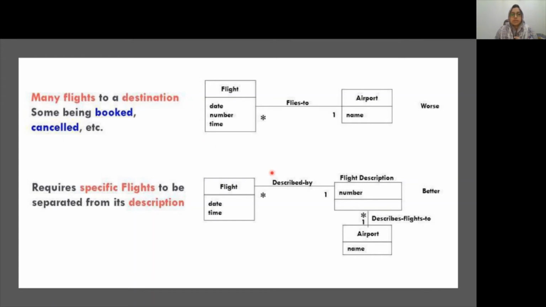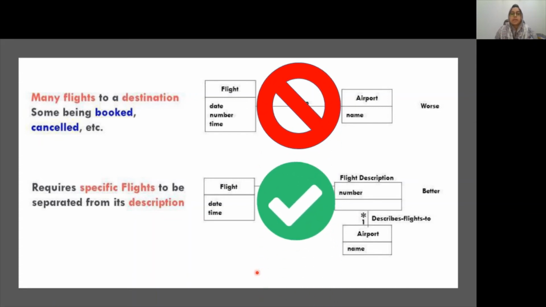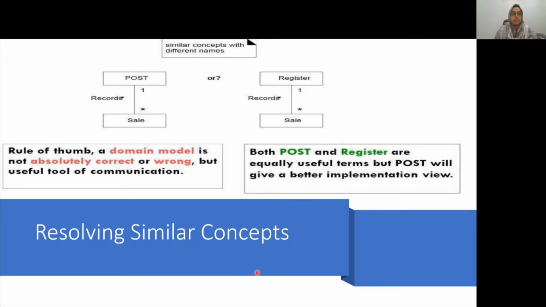However, in the second design, if you look closely, we have a completely separate concept that handles the number of flights that have the same destination, date and time. Hence, we are omitting the repetition of the data. So in this example as well, the first design is not good and the second design is considered good and recommended because it avoids data repetition.